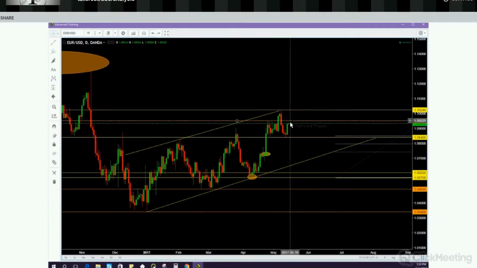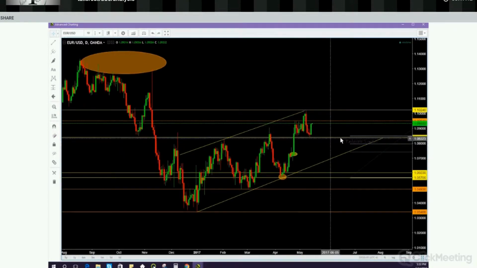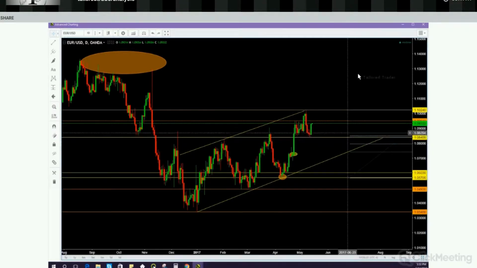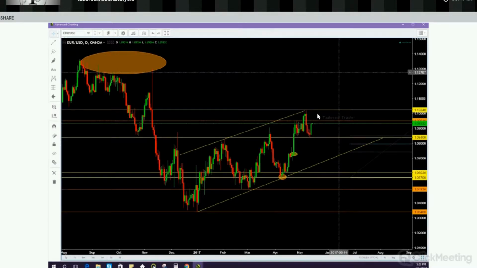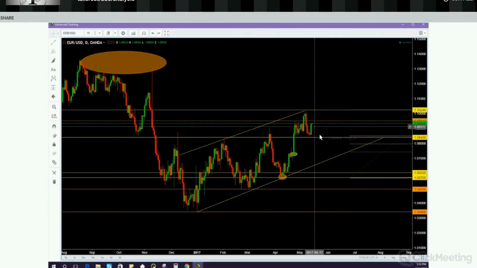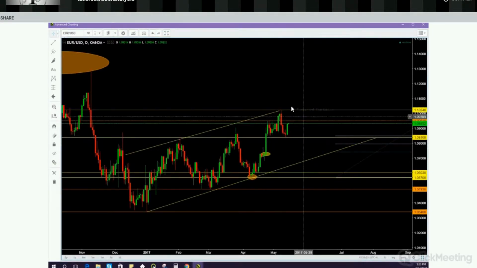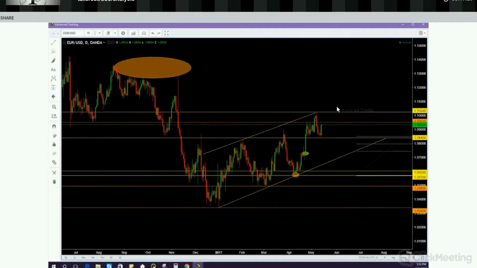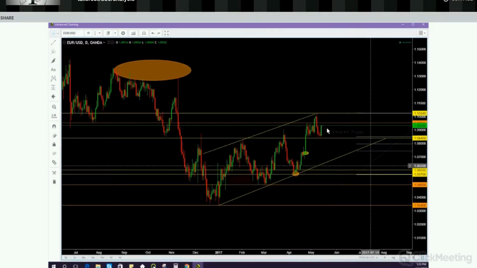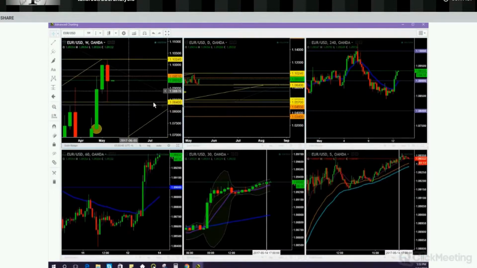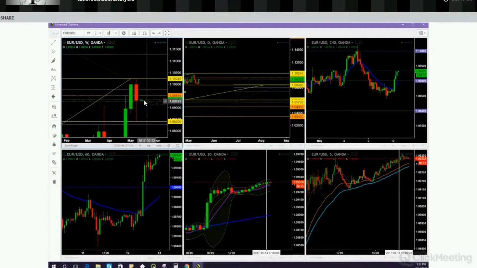So the euro, as I'm mentioning, will be opening up kind of in the middle in the weekly. We of course have some prices down below where it could come down, some confluence, and then continue to the upside, or it could just continue to the upside from here off this double bottom. So there's a couple things that are going to have to happen before the euro makes its real move. Potentially it could go higher, we can go lower, and that's also signaled in the weekly of where we're going to be opening, because we're, at least in my analysis, opening in the middle of